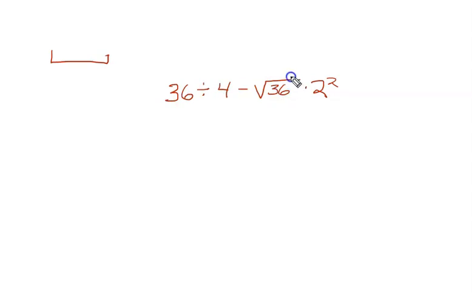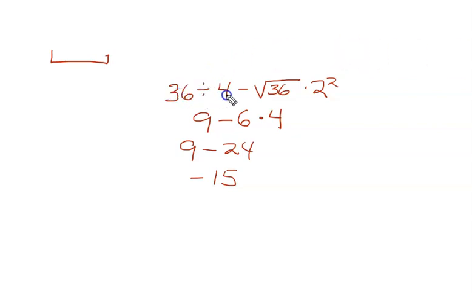The only grouping symbol is the radical sign here. And what do we do first? Well, we're going to then do multiplication division as it comes, and we see we have here division. So following this through step by step,